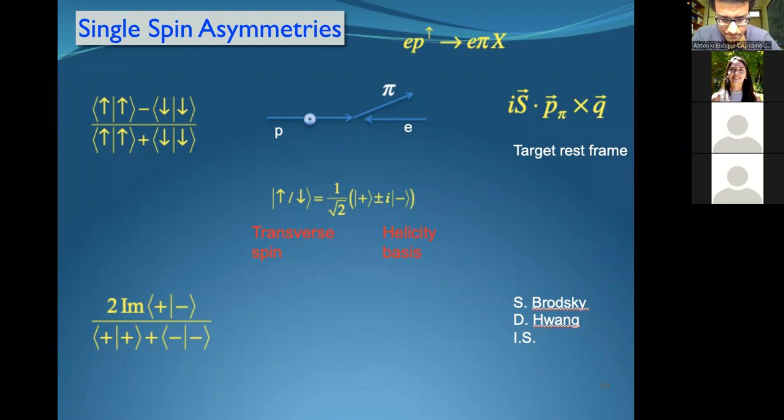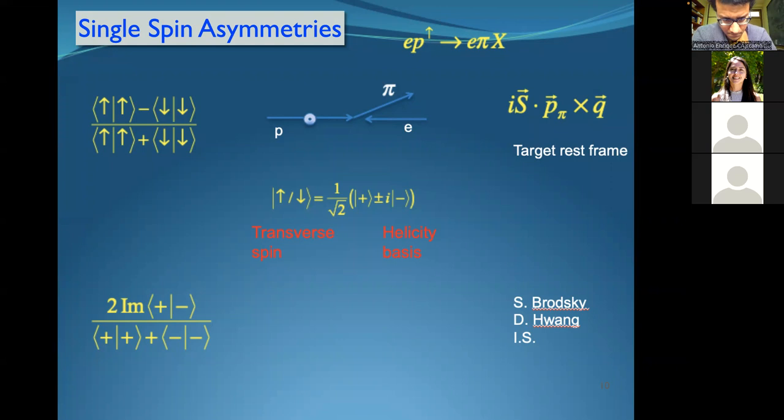Anyway, what does it mean? It means the following. When you have an interaction of an electron with a proton that is polarized, you can have the proton and produce, for example, a pion. You can have the proton polarized two ways, like it's given in the picture there, with the proton polarized transversely in the direction of the plane, inside or outside. And the difference gives you what is called single spin asymmetries.